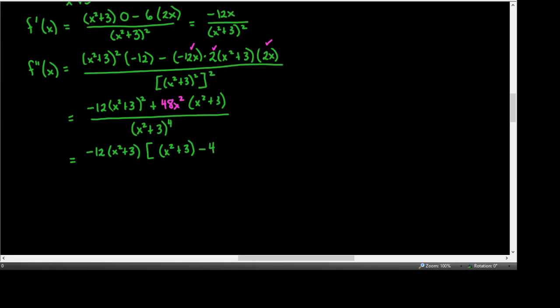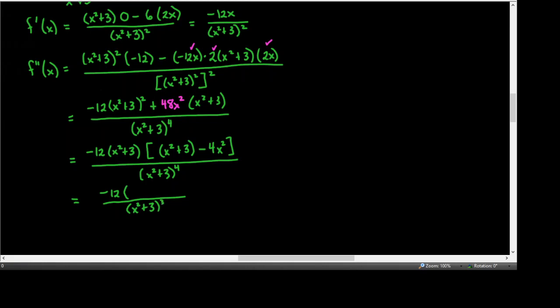X squared divided by x to the 0, I guess, is x squared is still inside. And x squared plus 3 divided by itself is an understood times 1 back there behind the x squared. All over x squared plus 3 to the 4th. Well, one of those x squared plus 3 can definitely be canceled. So when that cancels out, I'll have only 3 of them in the denominator,